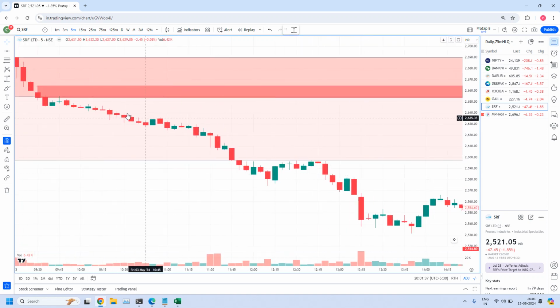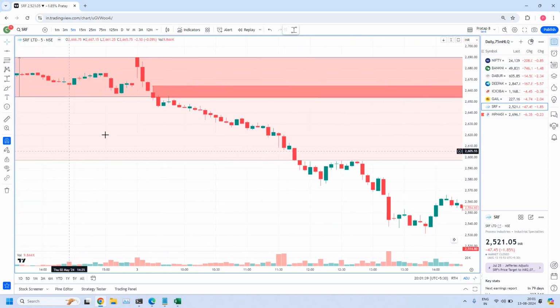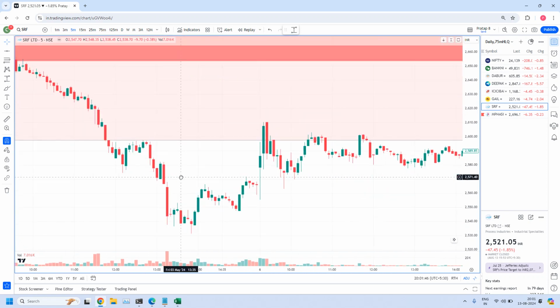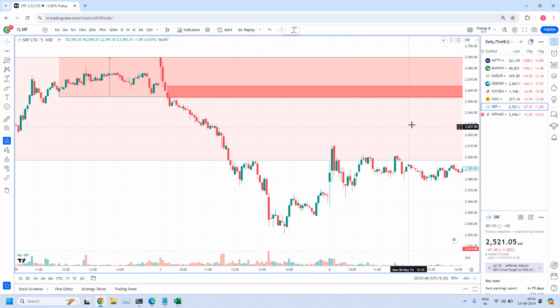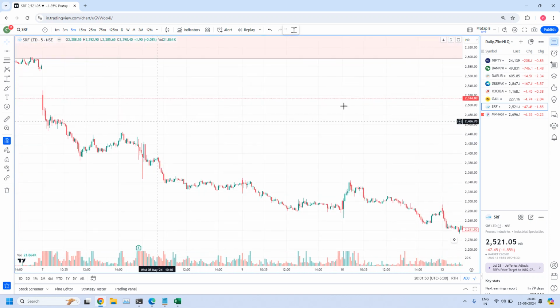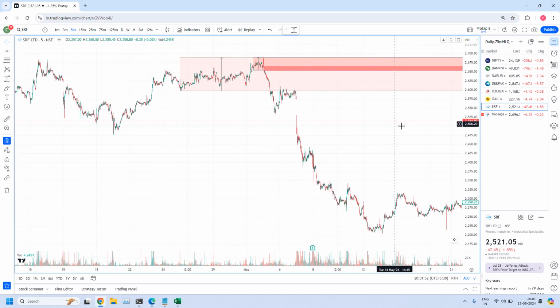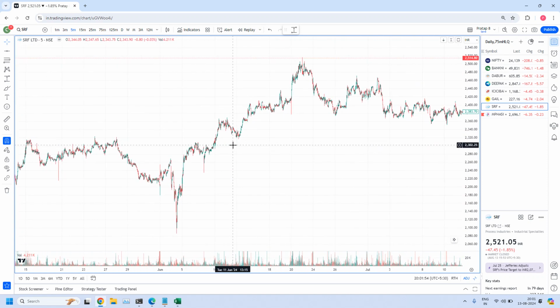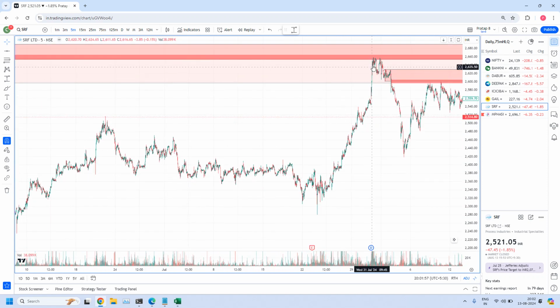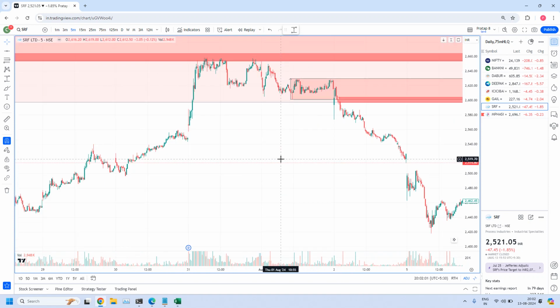How is it acting as high liquidity? See, after the drop candle, prices moved up, tested the zone, and see how it pushed the prices down. That was the first test after the high liquidity zone creation. And recently, I think on 31st July, prices again entered into this area.